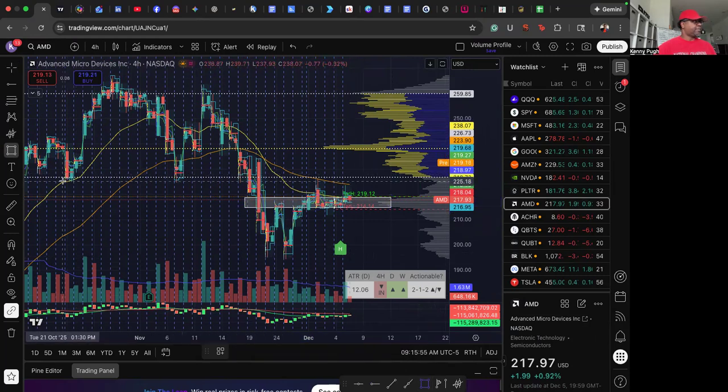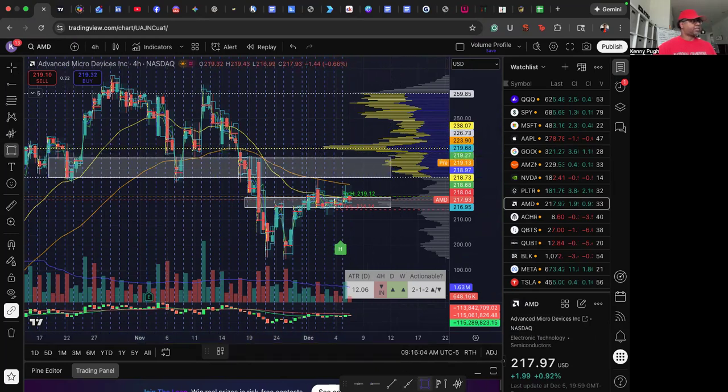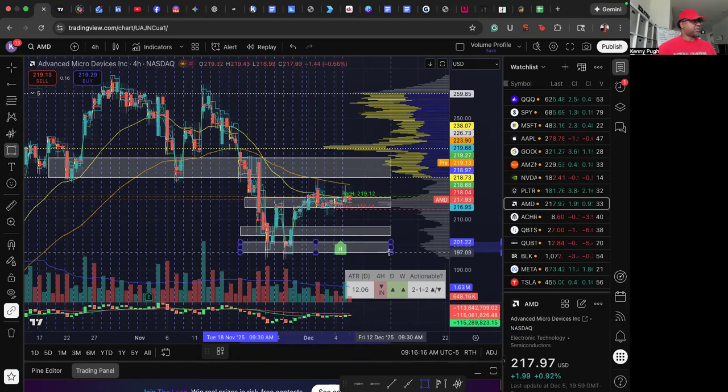We'll capture the upper zone, the zone right above, just so that we have it as a target to the upside. Boom. And then let's go ahead and capture a zone to the downside, which would be right out here. And then just for kicks and giggles, capture this other one to the downside as well. That's another zone. Boom. And let's capture this highest volume node to the upside based off of the visible range,